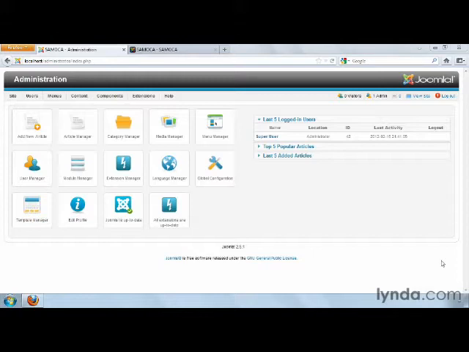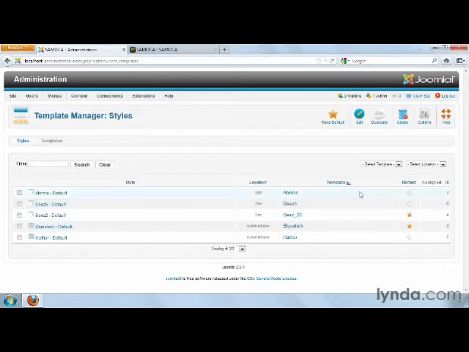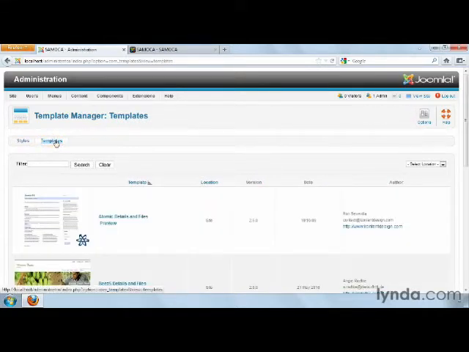Let's take a quick peek at our template manager, which you can find under Extensions, Template Manager. You'll see that we have several template styles listed here in our template manager. Those of you who are familiar with Joomla 1.5, styles are something new that started in Joomla 1.6 and have carried into Joomla 2.5. Previously, we had just a screen of templates, but now we have two screens, these styles here, and over on the tab here, a series of template masters.